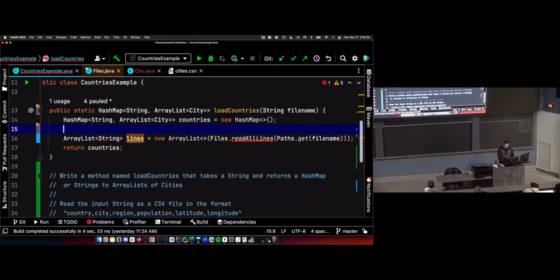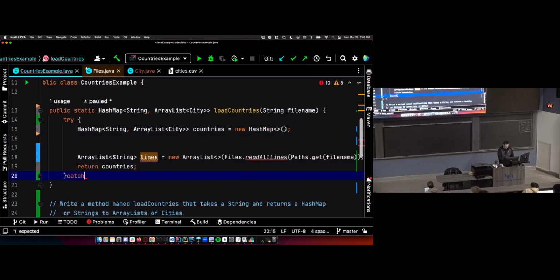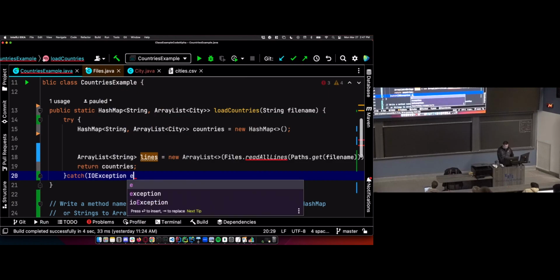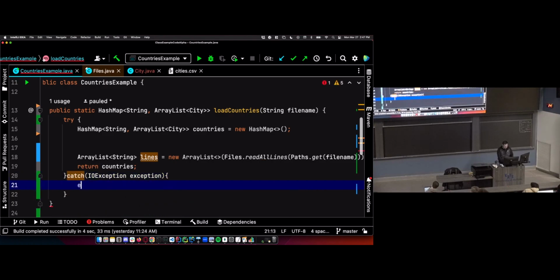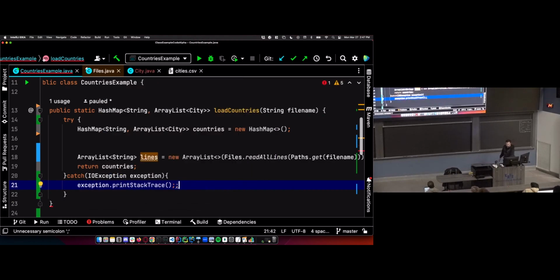Instead, we're going to write our try catch. I can wrap this whole thing in my try catch. I'm going to try to run this code. And if it throws that IOException, E is just a variable name. Just to prove that point, I'll call this exception. And if you use the auto-generated code in IntelliJ to generate your try-catch block, you'll get this printStackTrace. What this will do is print the stack trace that you see when an exception is thrown that you don't catch. So you can print that out if you want to see the stack trace.